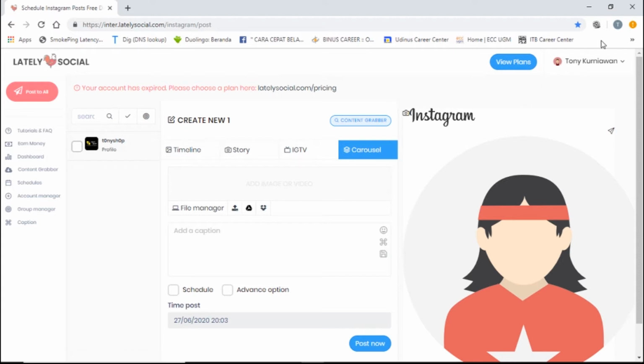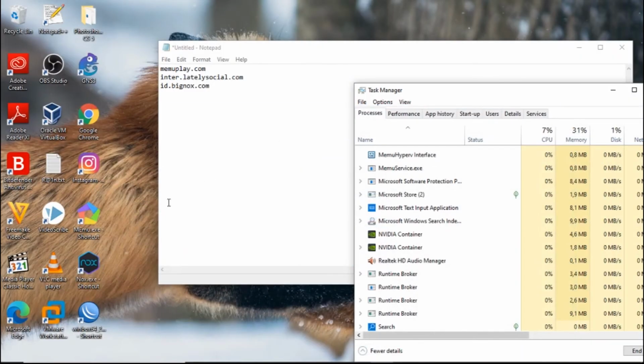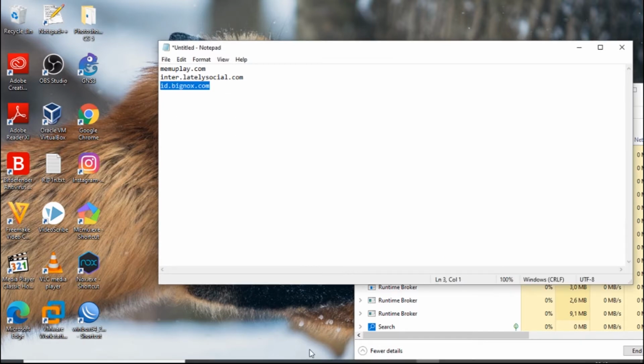I just want to show you first the application that I used before, and I decided to use this one because I already searched and researched a couple of applications and they don't work. And the last application is this Nox, id.bignox.com. Yeah, you can open the website first.